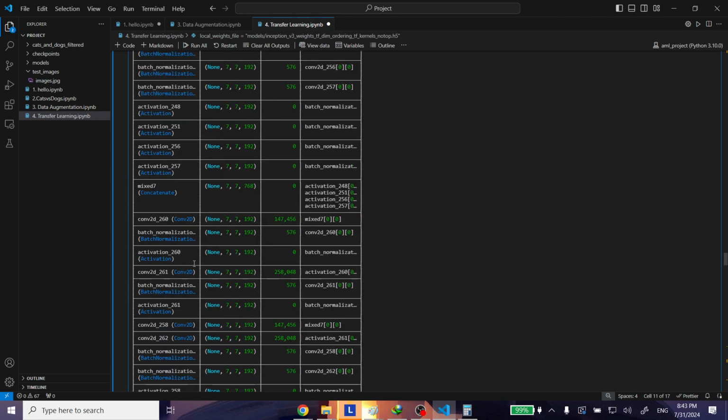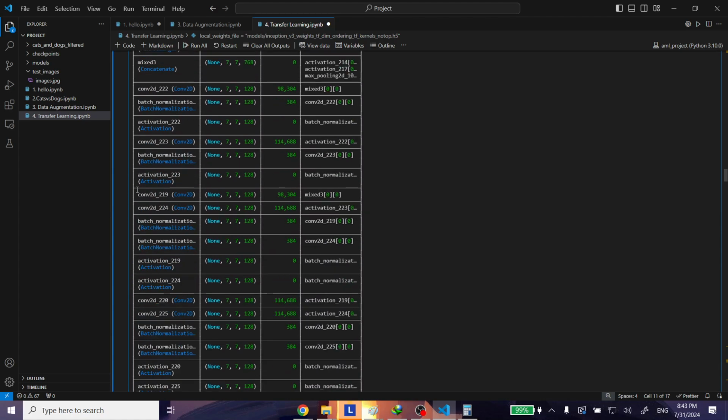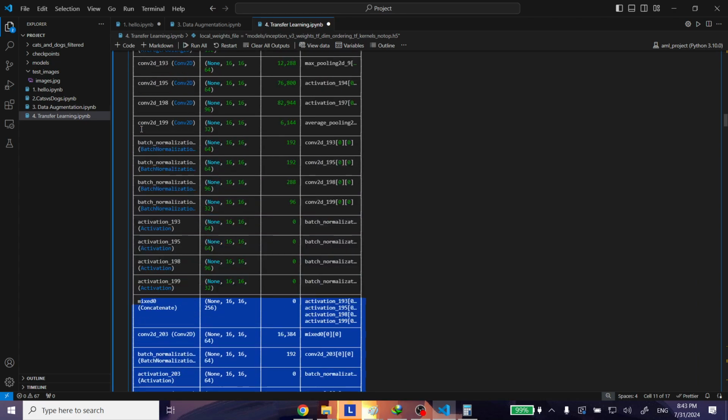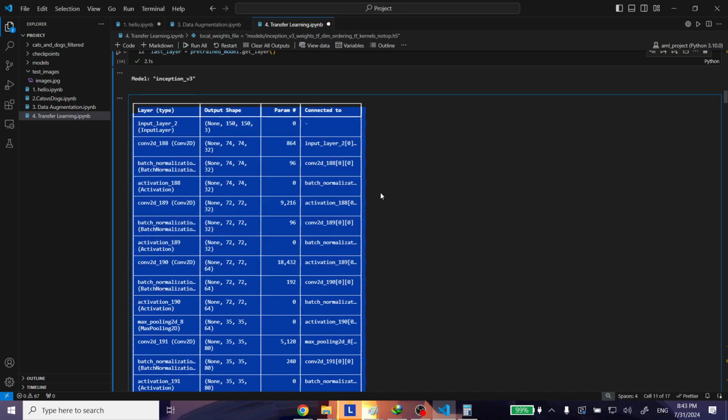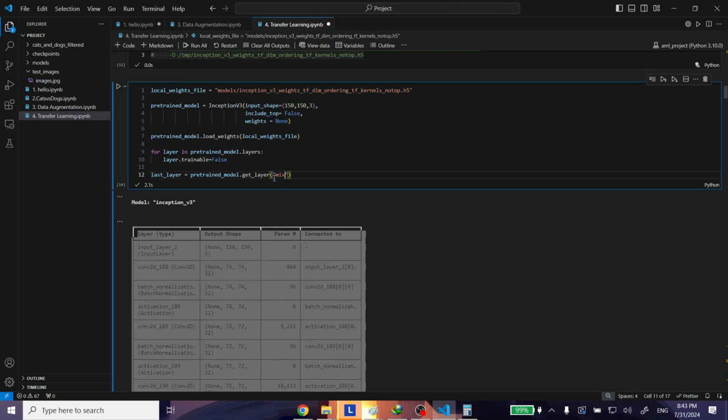We want to get the network till here. So from the start till mix 7. Okay, you can choose to also include 8, 9, 10 as well, but in our case we will just get the model till the layer of mix 7. So I'll call this mix 7,